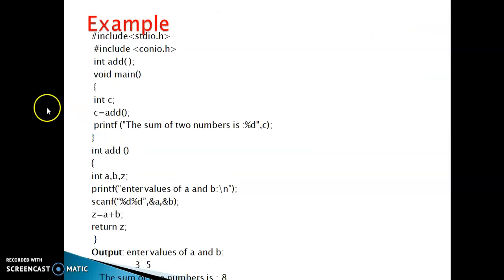So that's what the return type is, int, as it is going to return an integer value to the function call. An example of this, same program adding two numbers but with no arguments, but with return type. As the function definition is returning a value, the result has to be stored in C. So we are declaring a separate variable to store the result. So we are writing an expression C equal to add(). So it is a function call. No parameters are passed. So a and b are declared in the function definition itself. They are added and the result is returned, as the function can return a value. So it is going to return an integer value. That integer value is assigned into C and the value is displayed.